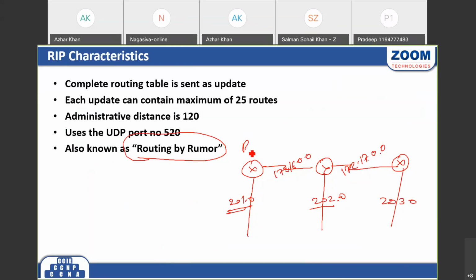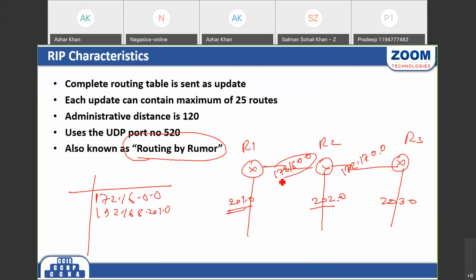So in router 1, how many routes are directly connected? 2 routes, 172.16.0.0 and 192.168.201.0. When you configure, these are our directly connected networks, and 202, 203 and 172.17 are the